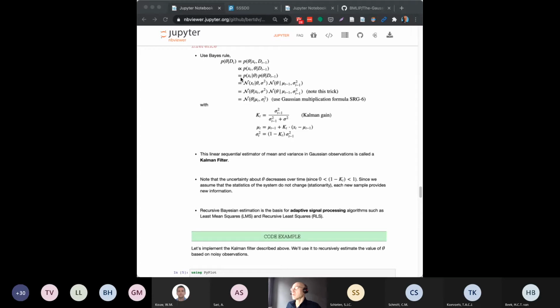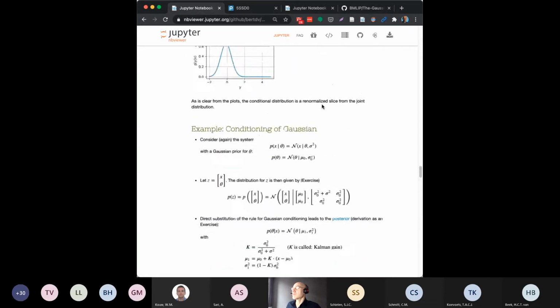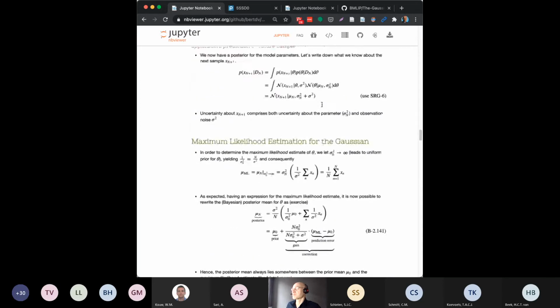Here we have a Gaussian times a Gaussian. Now, if we look at the multiplication rule, I'm going to have to switch back and forth, sorry about that. If you look at this multiplication rule,